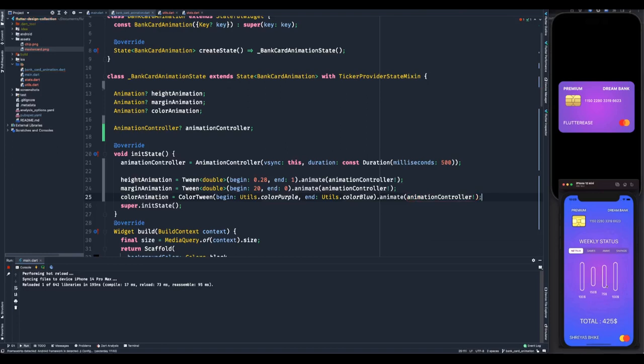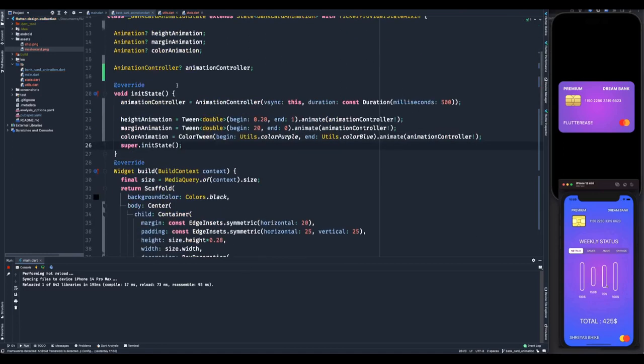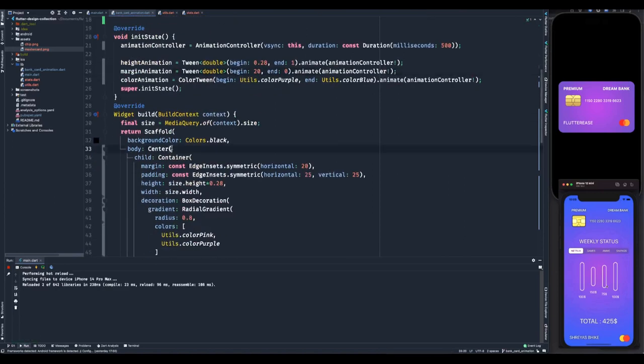Okay. Yes. So that's basically it for the definition of animation. So now, what produces the animation? What makes the card expand? It is when we click on the card. So to do that,